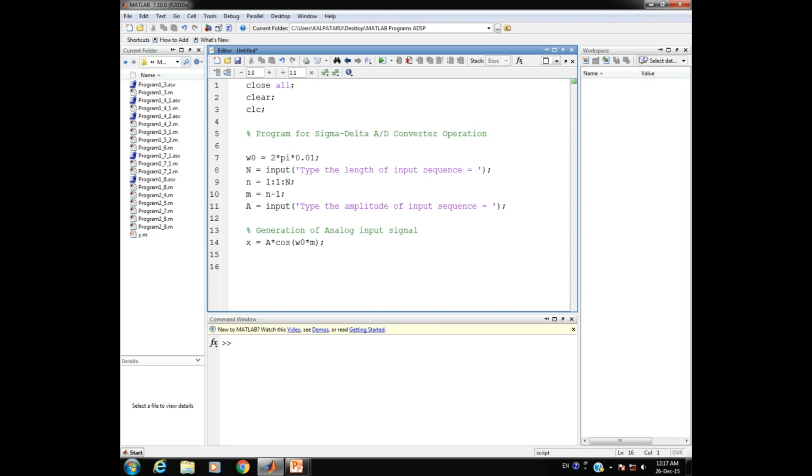Next to that, at the same time we shall be plotting this particular analog input signal and then further generating the digital output signal as per the sigma delta A to D conversion operation here. So for plotting purpose I require the axis here. So for defining the axis within a pair of parentheses, inside there it is a pair of square brackets, we have 0 space n minus 1, then let us have minus 1.2, then 1.2 here, at the end semicolon.